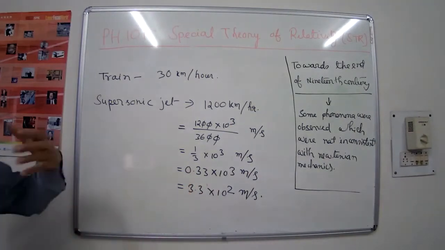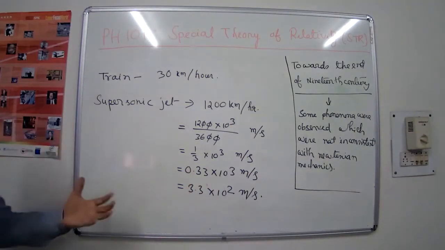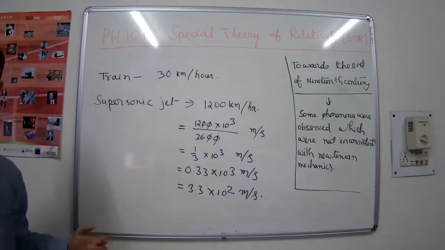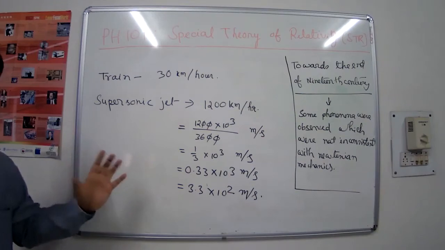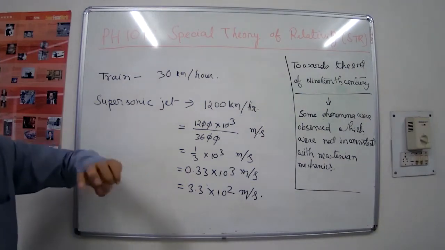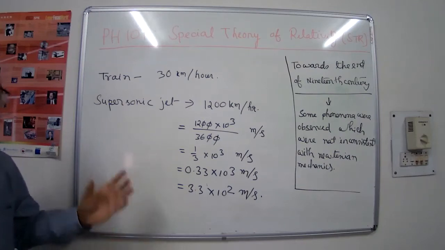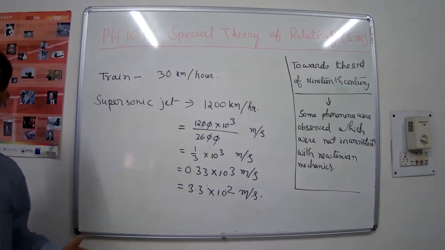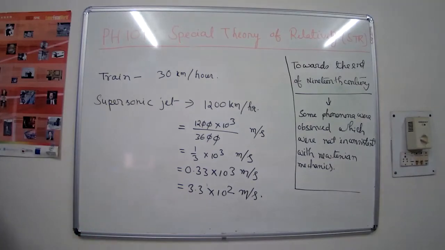So the speed of a body that we can think of today, or maybe a few decades back, was so small that the discrepancy or the inaccuracy in Newtonian mechanics is going to be negligible. So when your inaccuracy is so small